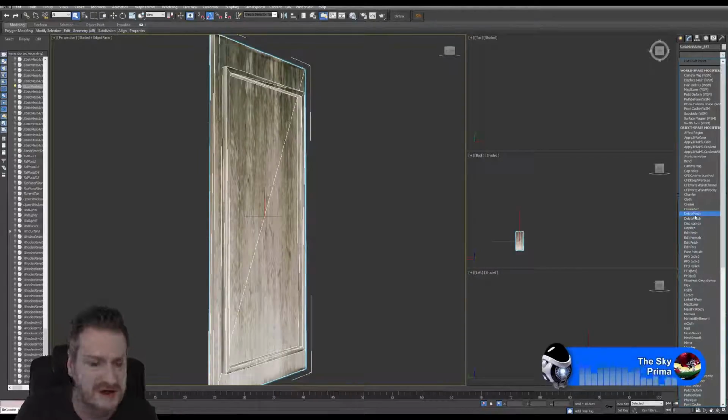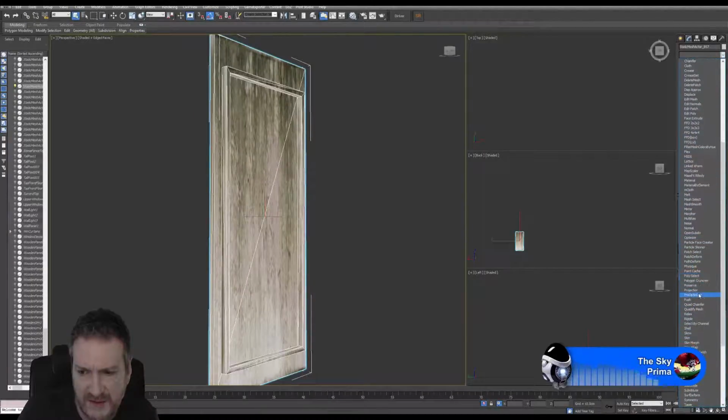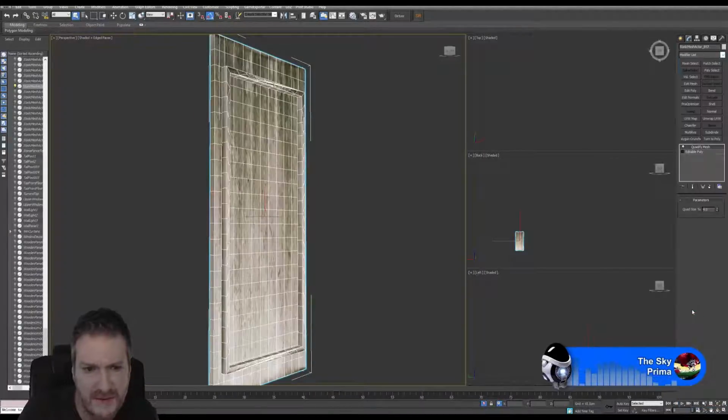You guys that saw me working with those columns on the garden terrace, when I was having problems doing the chamfer on the edges, saw me look at this modifier I'm going to look at here. I think it's Quadify Mesh. Yeah, this one here. What that does is throw a quad mesh over the entire model. I'm going to throw that on there initially because that will usually fix those problems I'm having with beveling